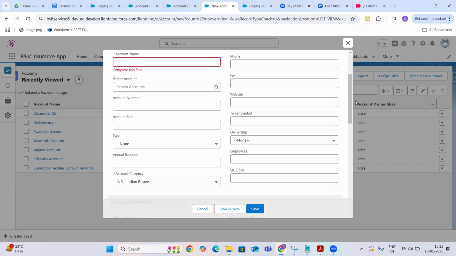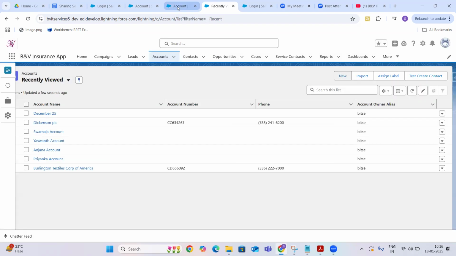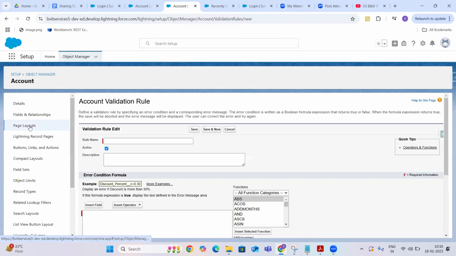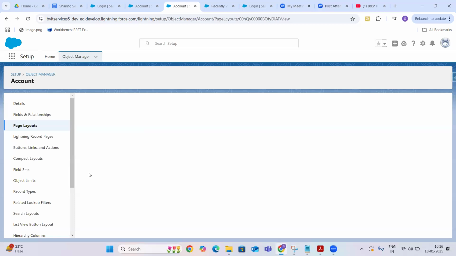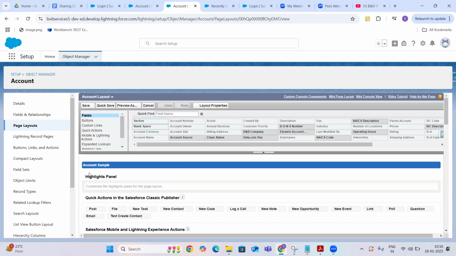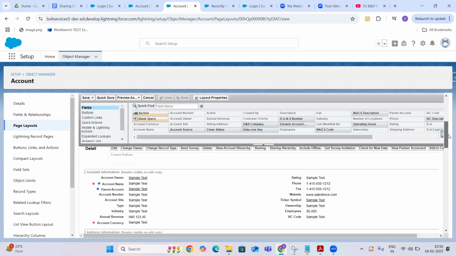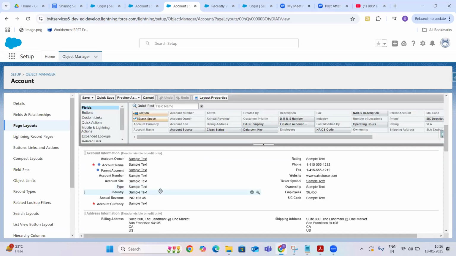One way is you can make type a required field by default. You can go to the page layout. You can go to the account layout, because that is the layout we are using for the system admin profile. Here there is a type field.